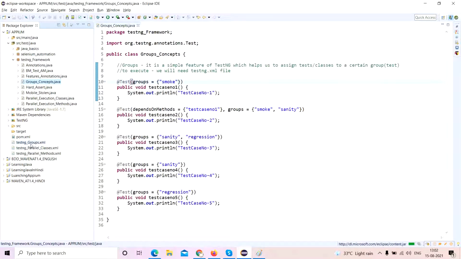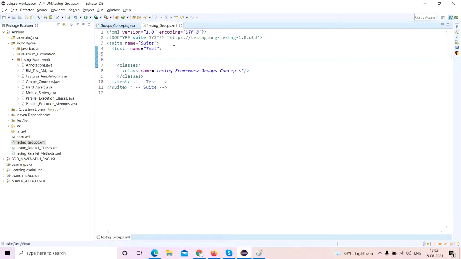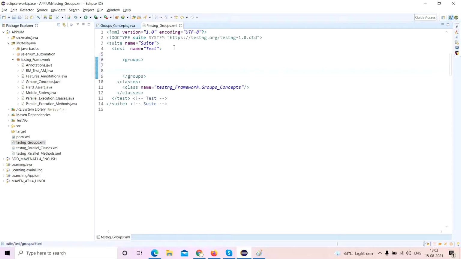As simple as that. I'll come to this testng.xml. I'll remove this thread count because we are not doing any sort of parallel execution. And to add groups, I'm going to add a tag known as groups. And within this groups, you will have to run your test cases in different segregations of groups.